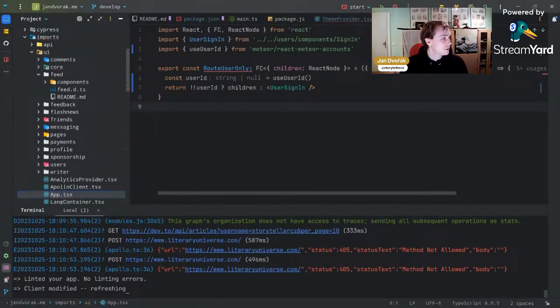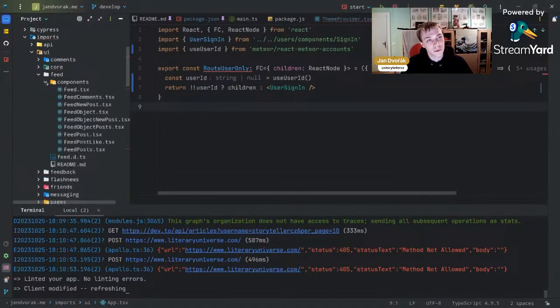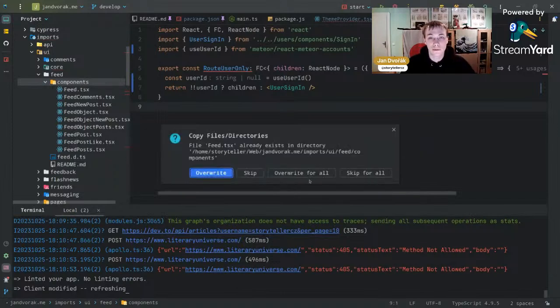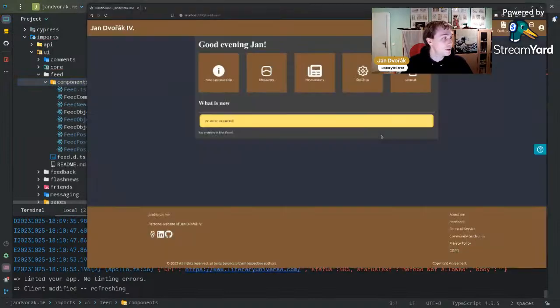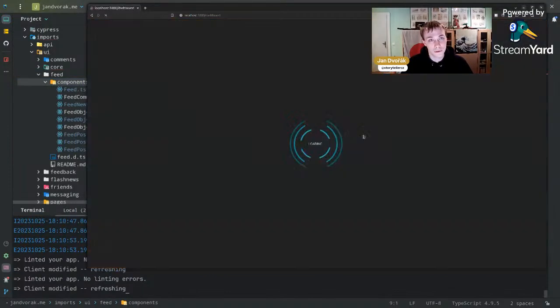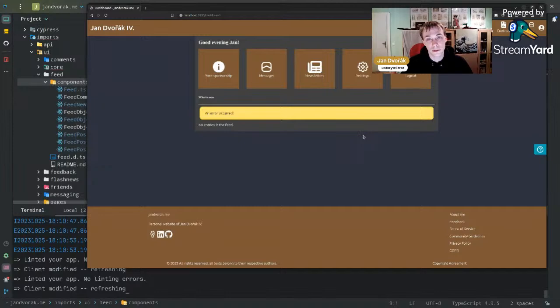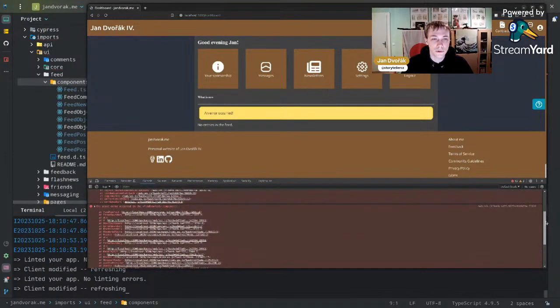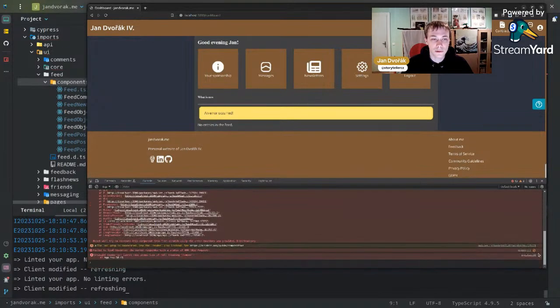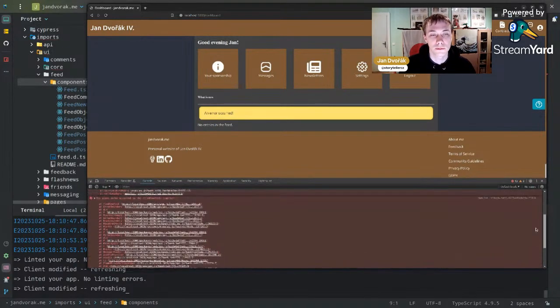And for example, here the feed components, I'm guessing, are going to be pretty outdated, actually, not so much. Well, still quite a few changes. Hopefully that should be enough to fix some things. Apparently not. Well, too long on it. Remove